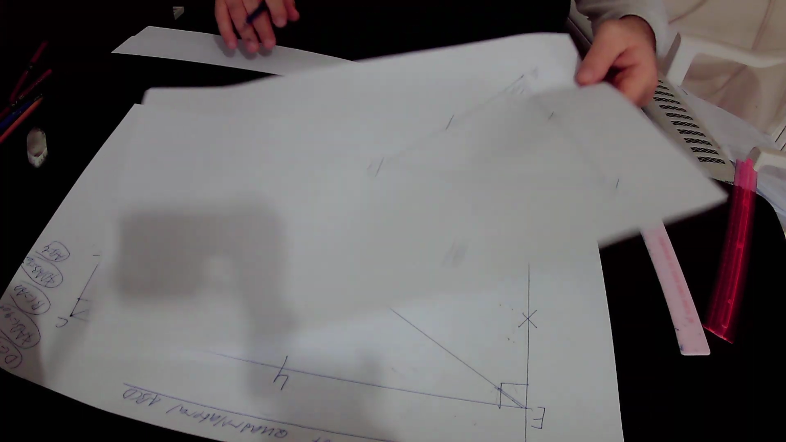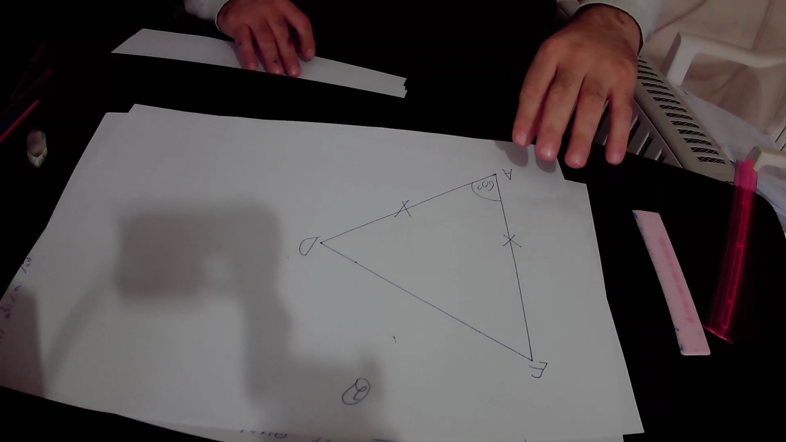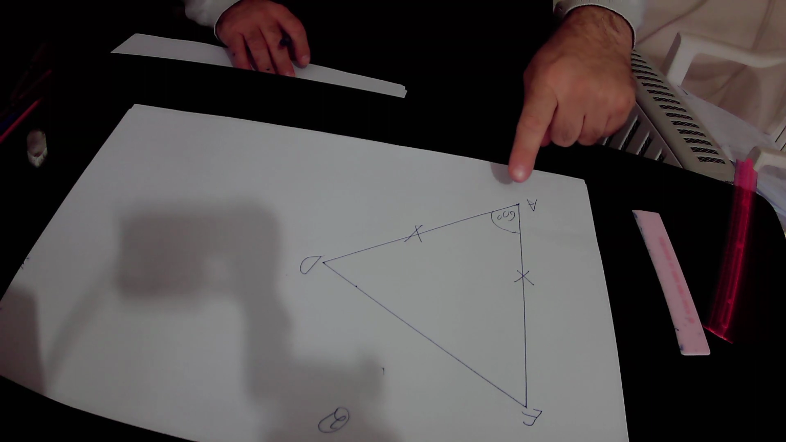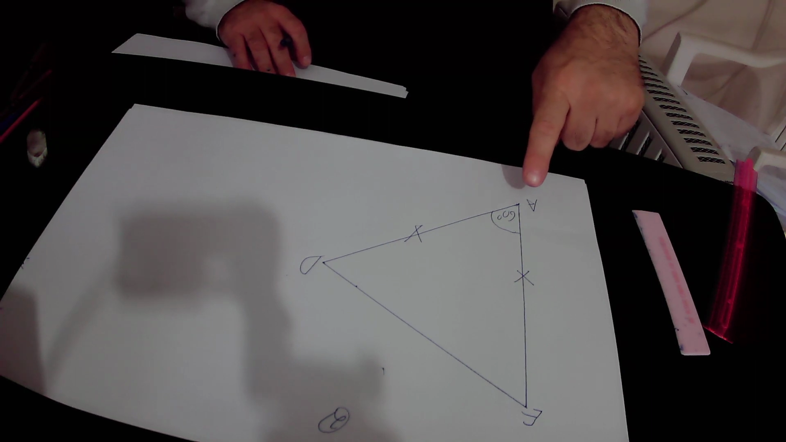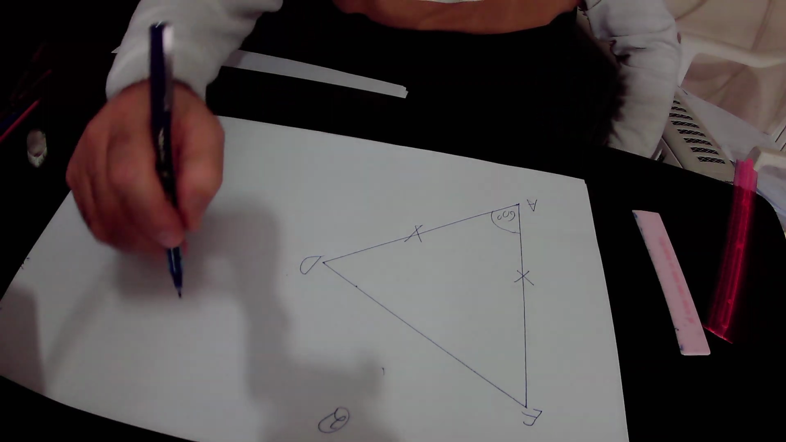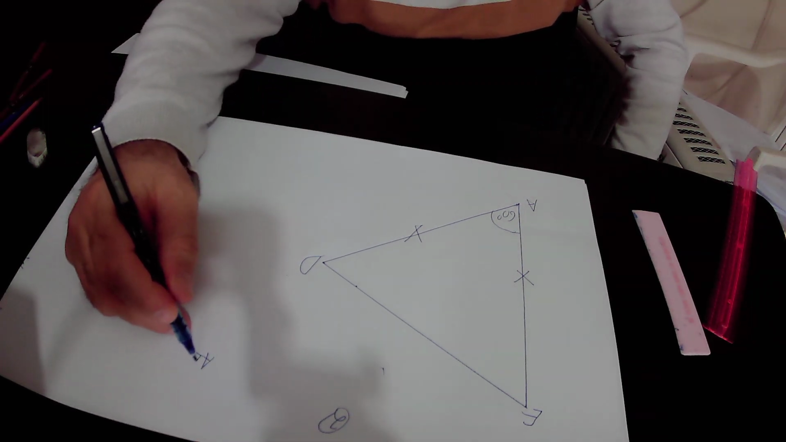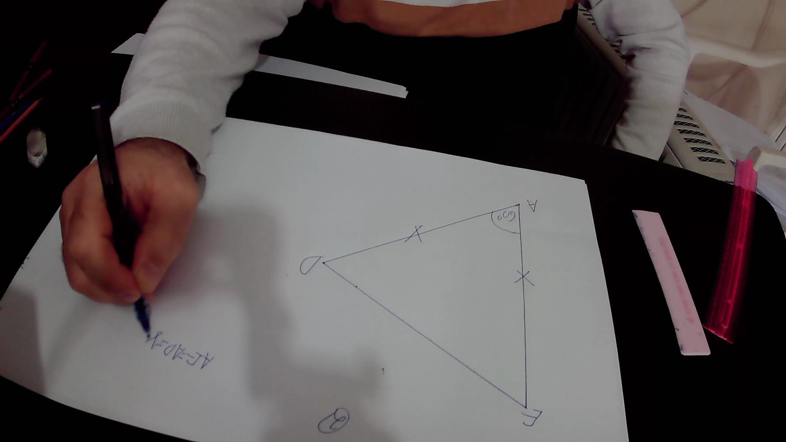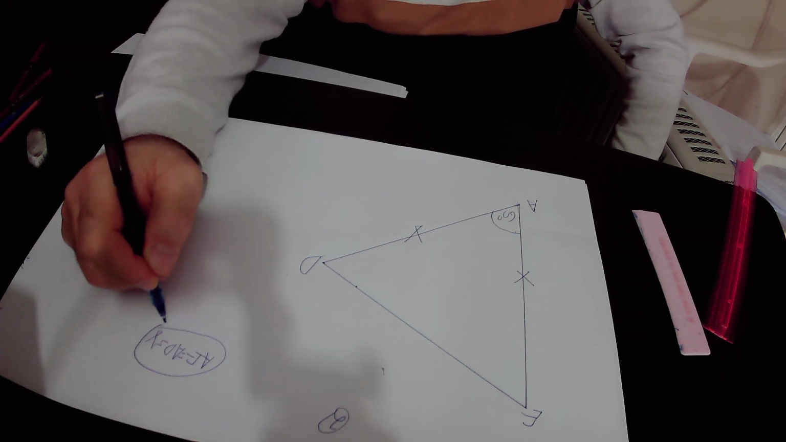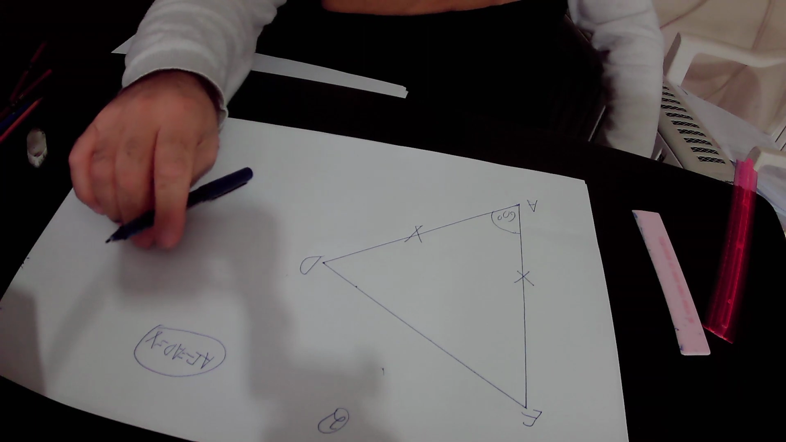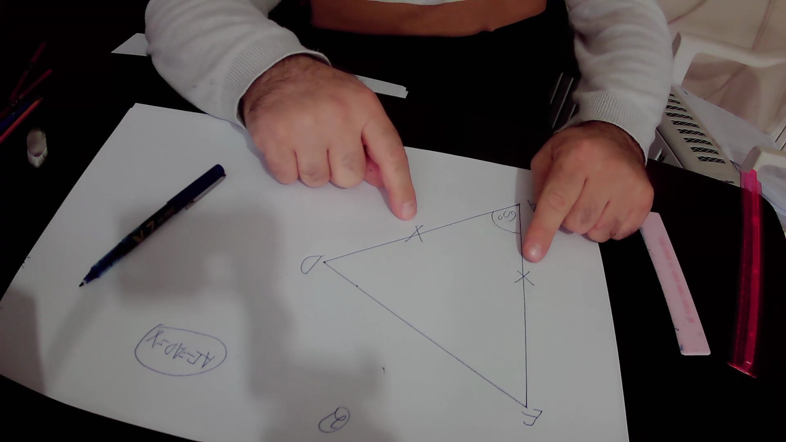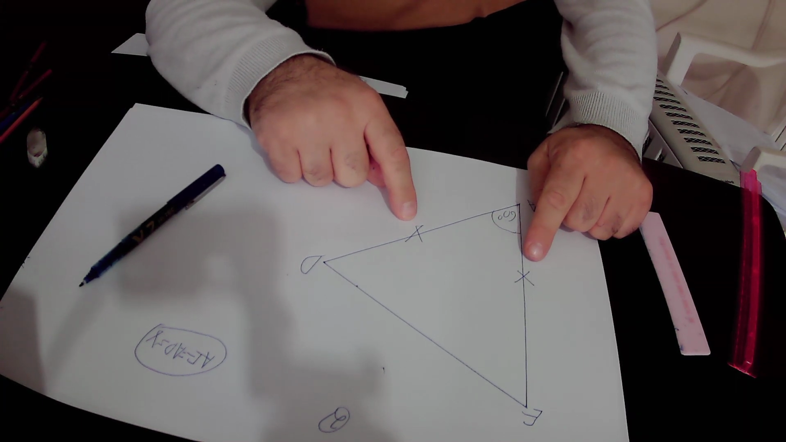So I copied triangle AED in this page. As you can see, angle EAD of triangle EAD equals 60 degrees, and we also know that AE equals AD equals x. We know that in front of equal sides in the triangle there are equal angles. Therefore, in front of those two equal sides, which are both equal to x,